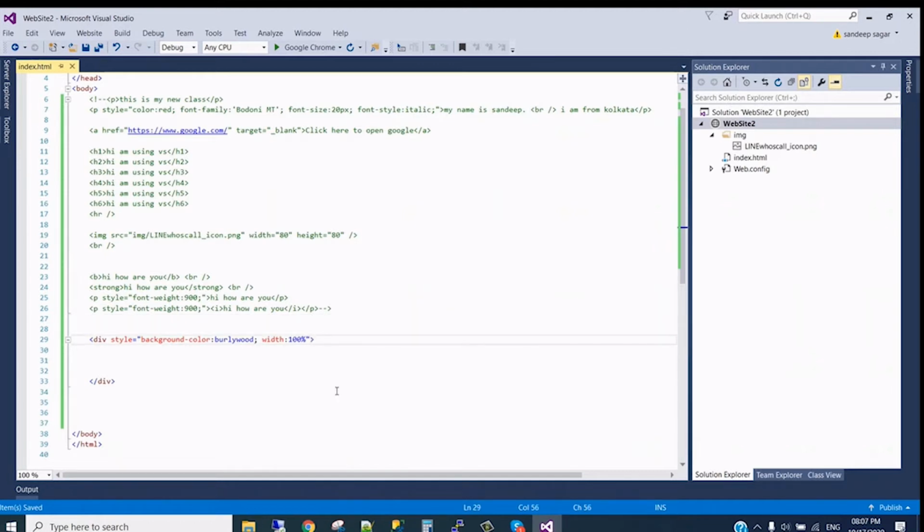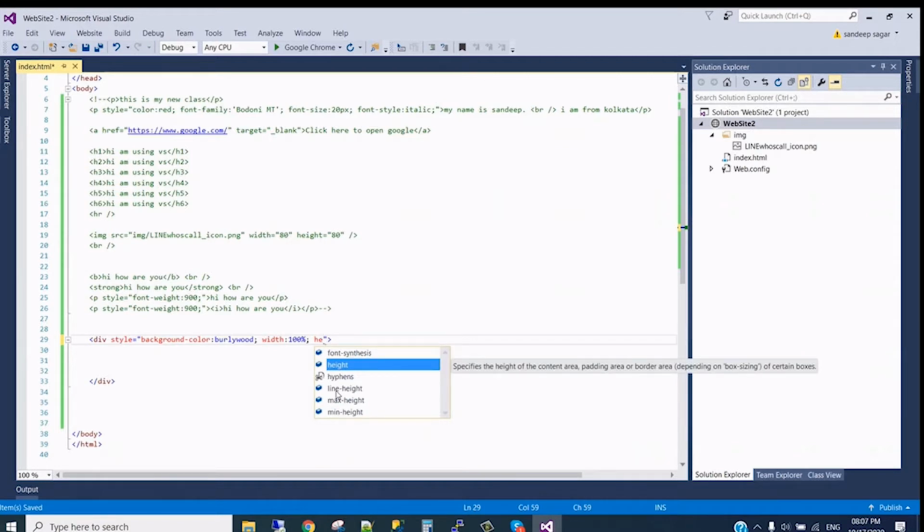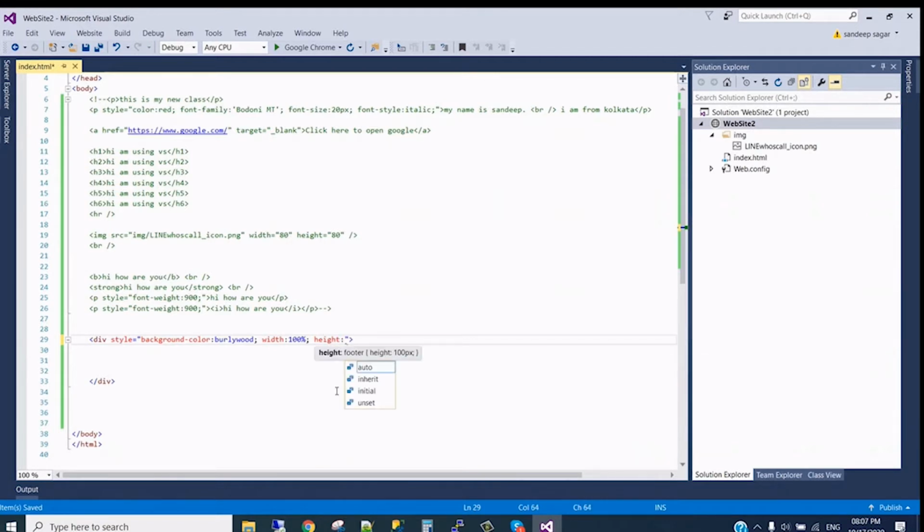And for height, you can give it or not. If I give a height of, for example, 100 pixels and refresh the page, see, the width automatically took 100%.